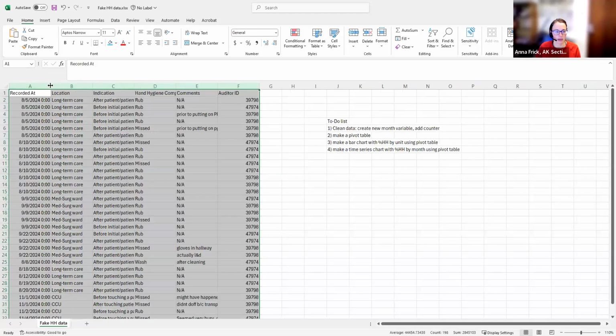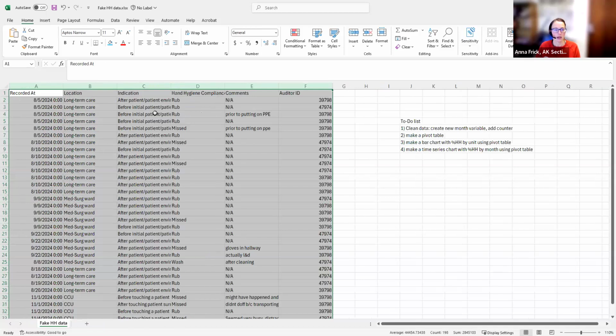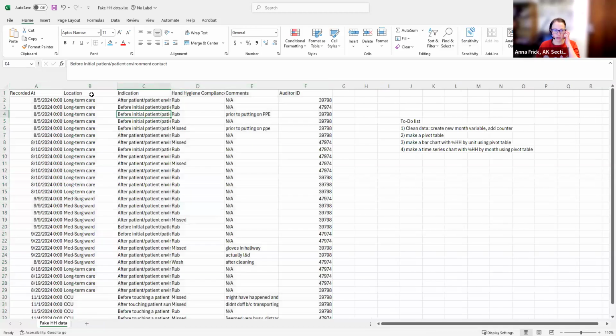So, first thing I'm going to do is I'm going to highlight all my columns and I'm going to drag them a little bit to make them wide enough so that I can see all the things that are in them. There we go. That covers about all of it. I'm probably not going to use the indication column, so I won't worry about that. The next thing that I'm going to do is I know that the 2 things that I plan to do with these data are both gonna be formulas.